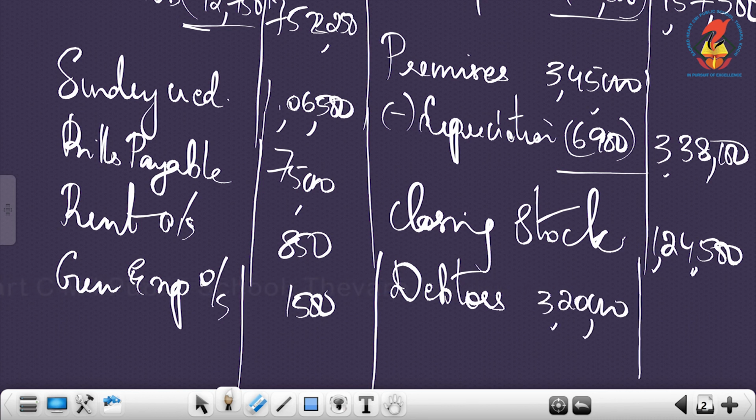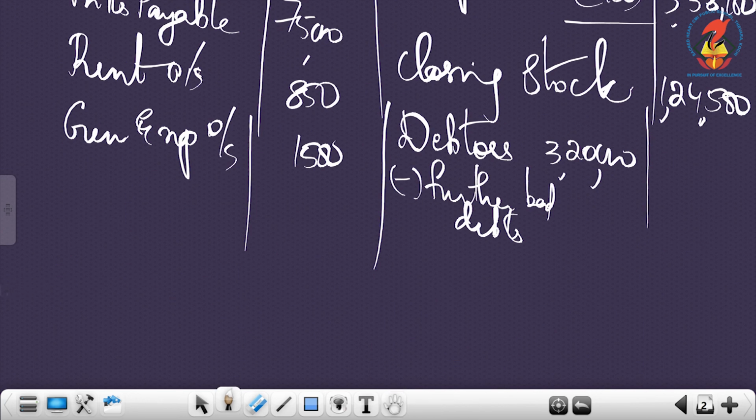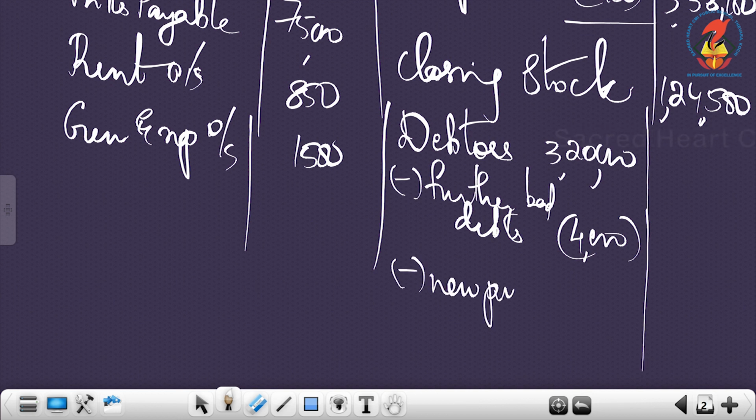From that we have to deduct further bad debts, that is less further bad debts and less new provision. Both are adjustments, so we have to deduct both. Less further bad debts, the amount is 4,000. Less new provision, it is 15,800. So outer column it is 3 lakh